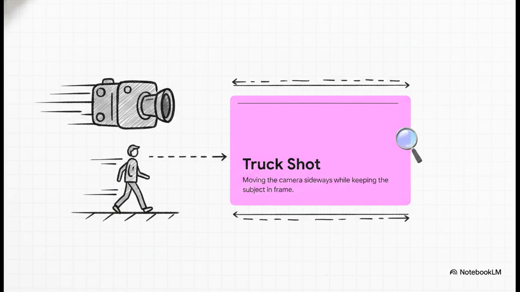Next, we've got the truck, which you'll also hear called a tracking shot. This is when you move the entire camera sideways while keeping your subject perfectly in frame. Say your character is walking down the street from left to right, and you want to walk right alongside them, keeping that framing locked. Yep, that's a truck shot. It's such a brilliant way to show movement through a location while maintaining this really consistent, unbroken visual connection with